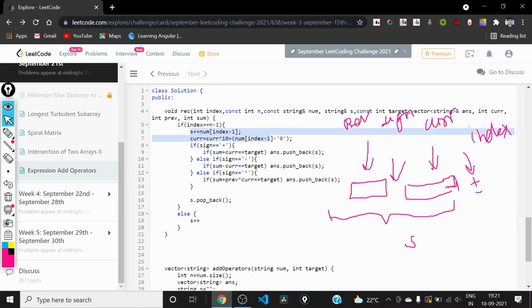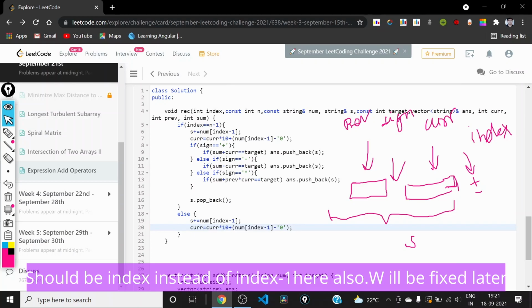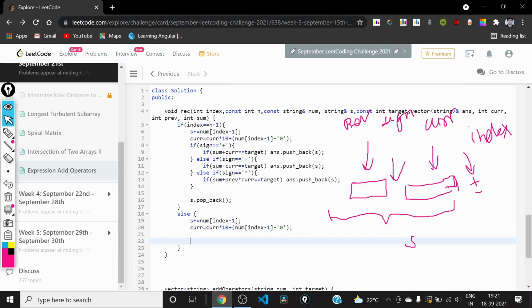These two lines will be the same, and we have also updated the current. Now I will be using another variable, new sum, because now we are going to add positive and negative here. So we need to process the sum till here.